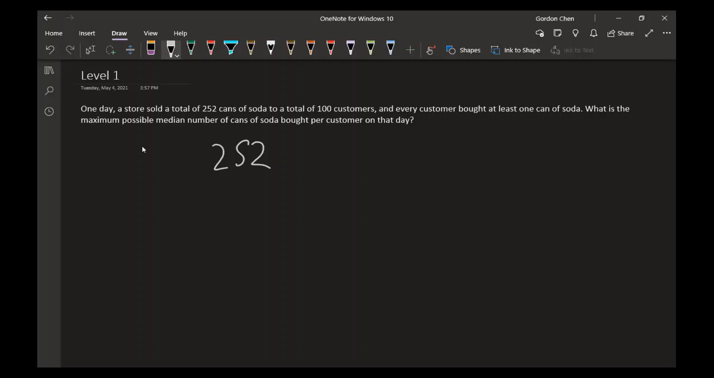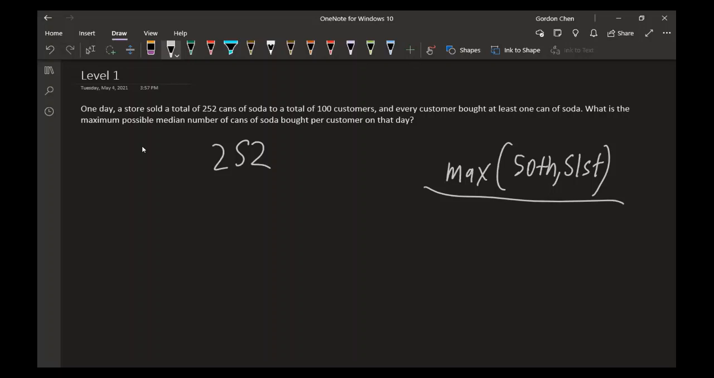So if we arrange everything in numerical order, then the maximum possible median is the maximum of the average of the 50th and the 51st. So this is basically what we want to find. We want to find the average between these two. And so if we want to find the maximum, we minimize the first 49